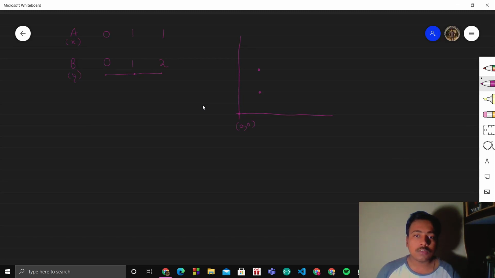The best way to travel from the first point to the second would be in diagonal, right? Because that will just take one step. And then from the second point to the third point, it will be this step. So basically we took two steps over here. So the answer would be 2.